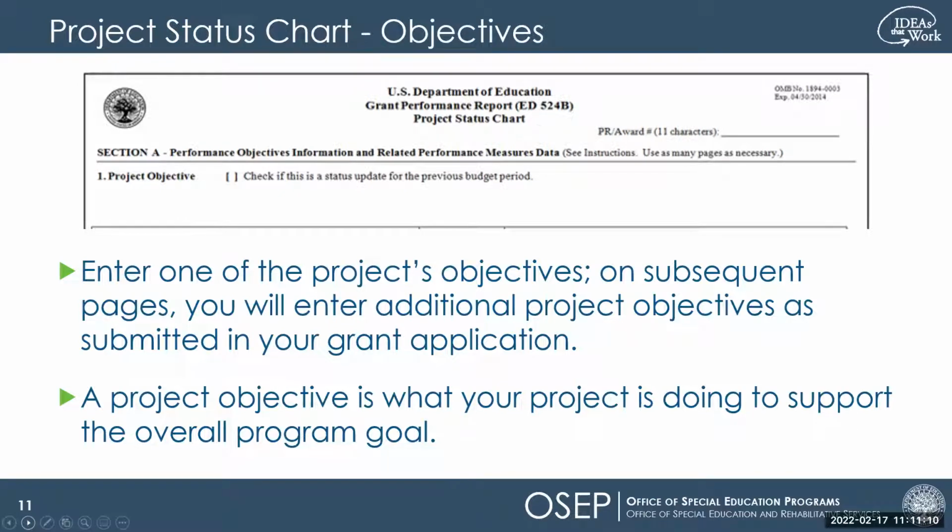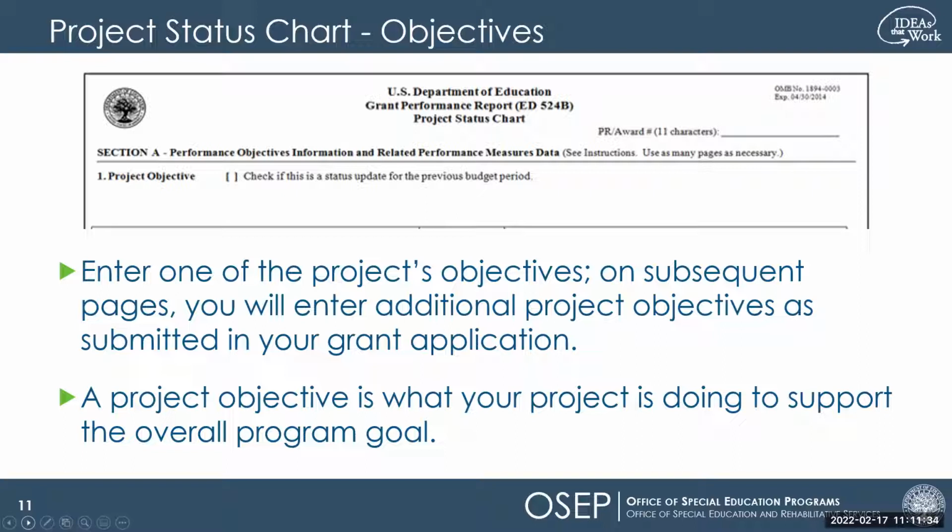For the project status chart objectives, enter one of the project objectives. On the subsequent pages, you will enter additional project objectives as submitted in your grant application. A project objective is what your project is doing to support the overall program goal. In section A, an objective is entered at the top of the page, and you enter your project measures in